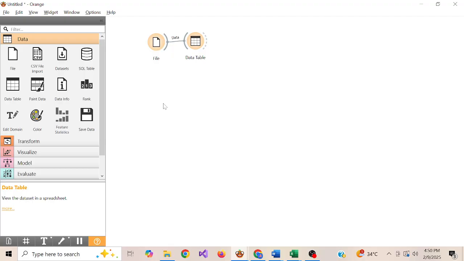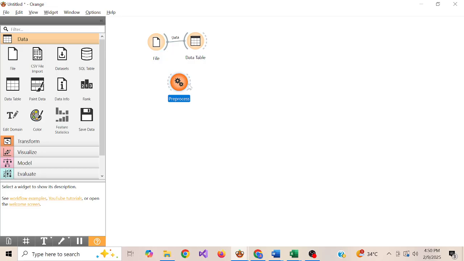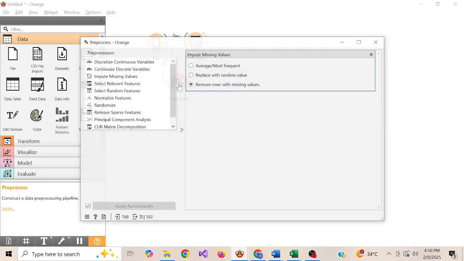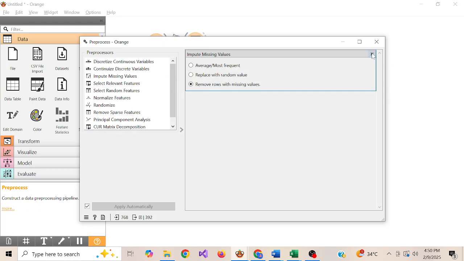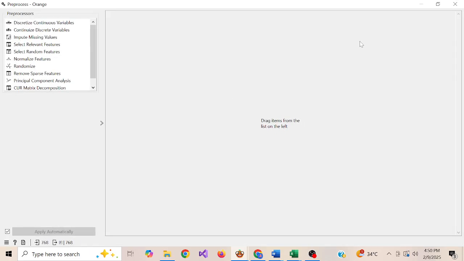For doing this, I will just right click and add preprocessing. Now I will just connect this file with preprocessing. Now I will double click on this preprocessing. In this, I am able to observe at the left hand side: discretize continuous, impute missing values, select relevant features, select random features, normalize features, randomize, remove sparse features, principal component analysis, and